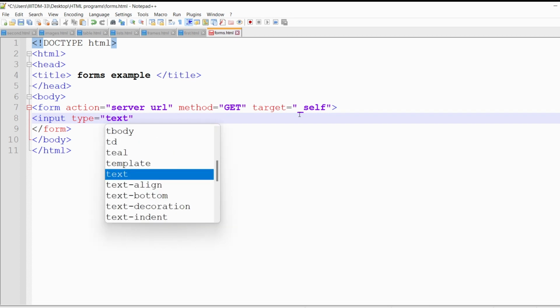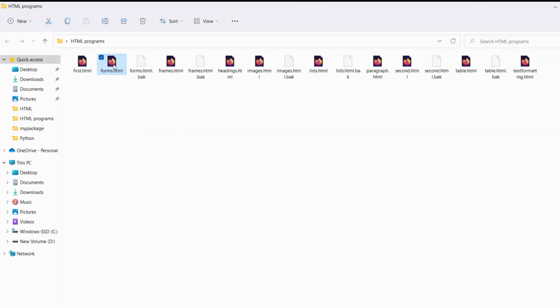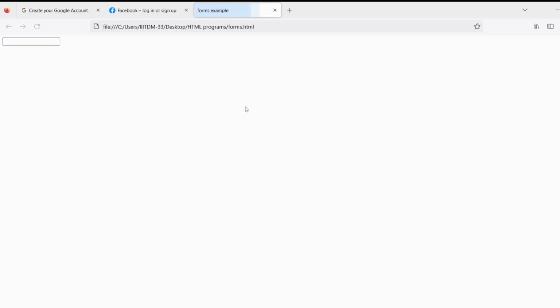Once you have provided it, the user can enter a single line text input. So let me provide the backslash and end it. Okay, now let me save this one. Let me right click on this, open with Firefox. Now you can see one text box has been created here, but before that there is no text or anything